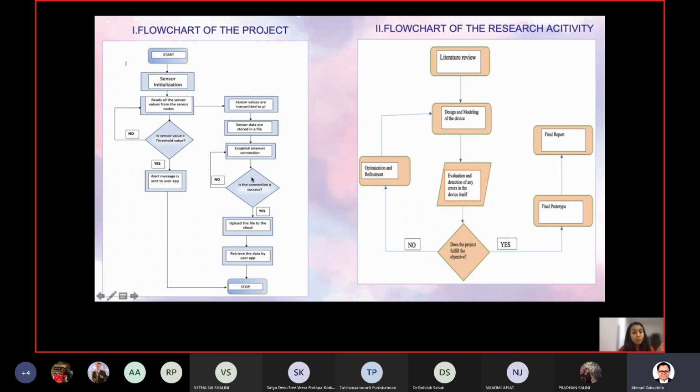Establish internet connection. Is the connection a success? If it is a success, then upload the file to the cloud, then retrieve the data by the user app, and then stop. Then this is another flow chart of our research activity, where there's literature review, designing model, evaluation,